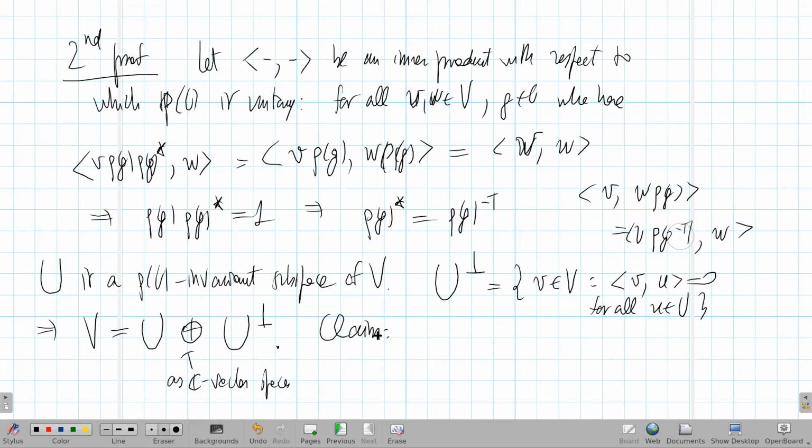which is analogous to the claim I did on this complement obtained as the kernel of psi in the previous proof, is that U orthogonal is also rho G invariant. Why also? Because U was rho G invariant to begin with. And why is it so? Well, because if V is in U orthogonal, then